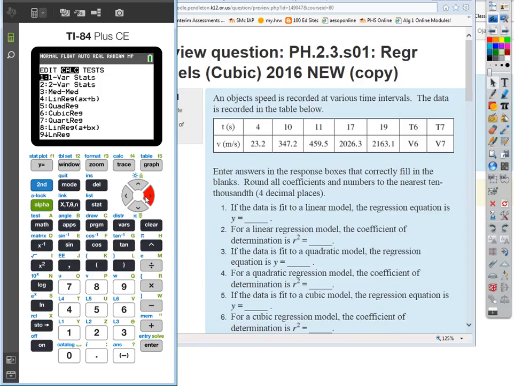Well, let's do linear regression first, and we're going to choose the ax plus b form. So we'll do this a lot. Stat Calc 4 means that we're going to do linear regression, and we're going to figure out what the equation of the best fit line is. Okay, so if I go down to